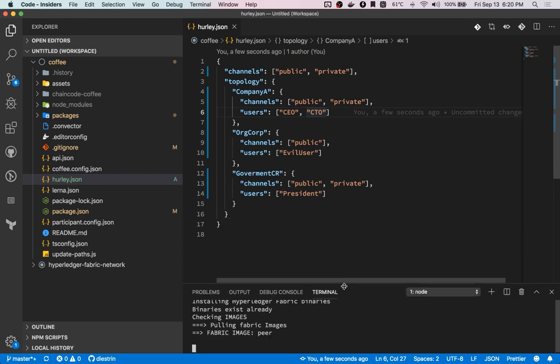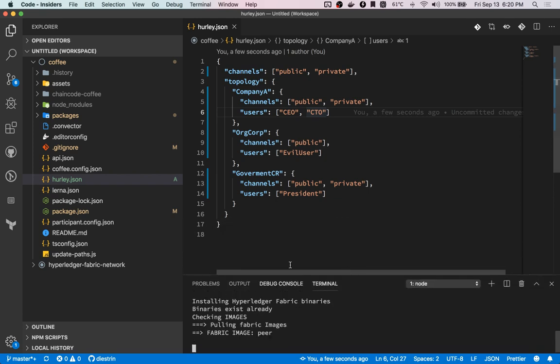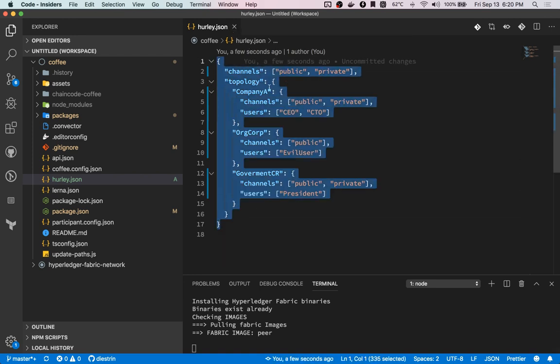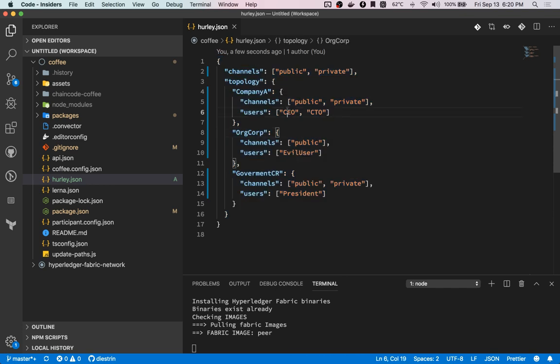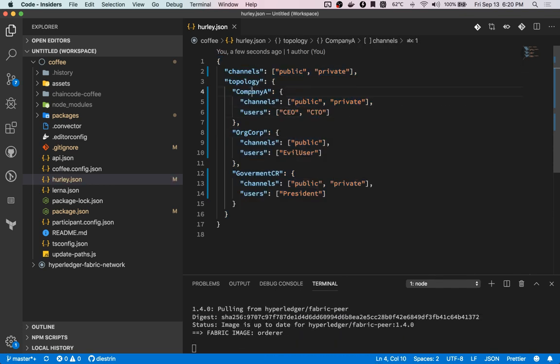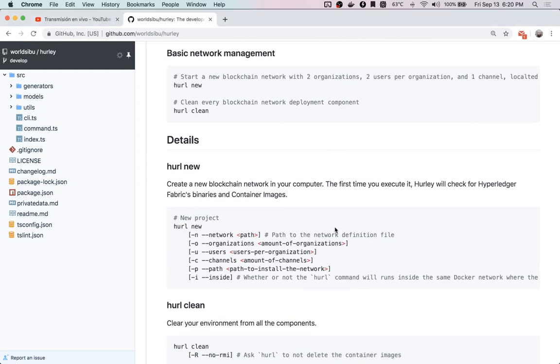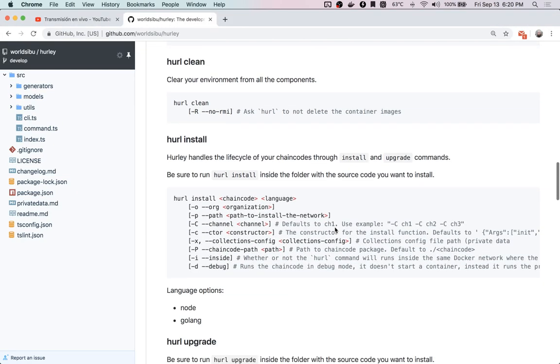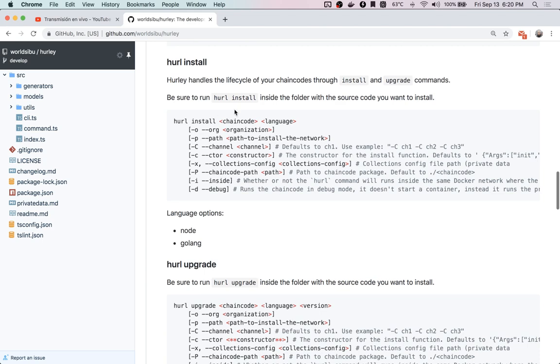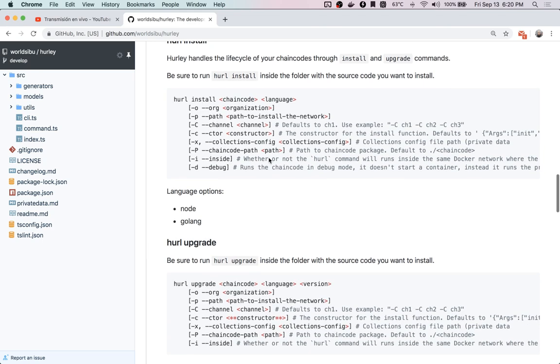Okay, and it's going to create the network in the background. So this way you can have a better experience while customizing your usernames, your channel names, your organization names, and everything for you. And this is really convenient. Another good thing, just to continue explaining some of the commands that you have with Hurley, is